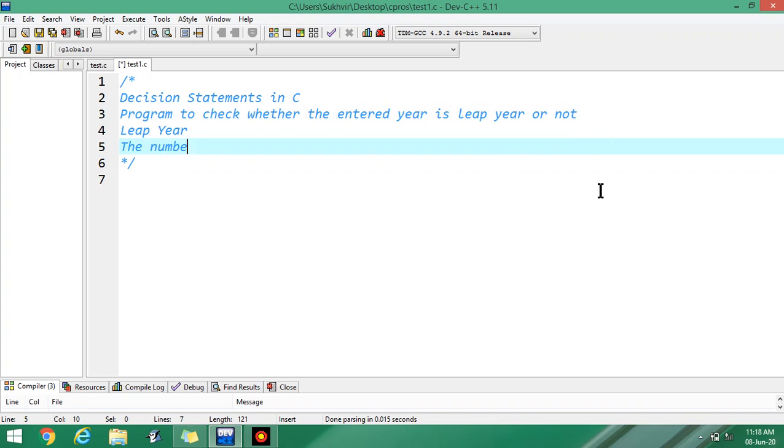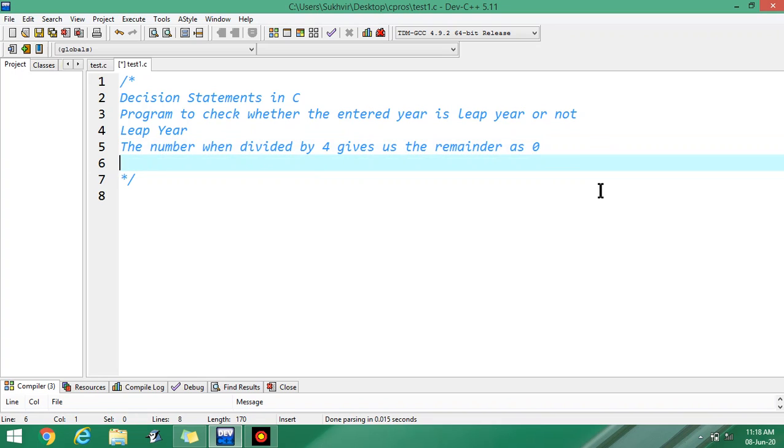The number, when divided by 4, gives us the remainder as 0, then that year is a leap year.